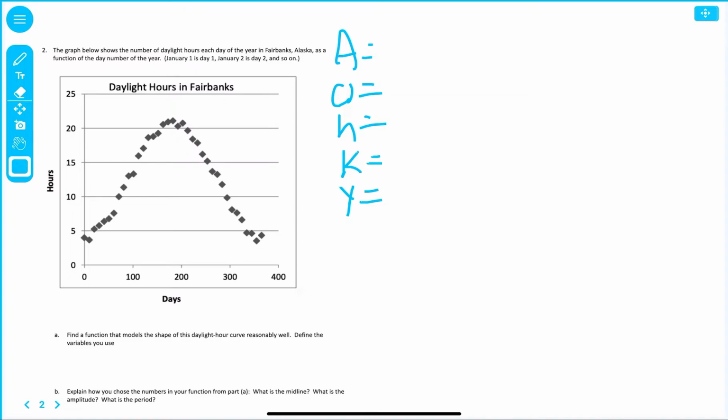Is that correct? Yeah. So the easiest thing to do probably, I mean, that's exactly how you find it, but I need to kind of see it as well. So what I would do, I would go ahead and graph my midpoint. So what's the midpoint going to be? Somewhere right in there, right? It's going to be close. So now the amplitude, just like she said, 21 minus 4 divided by 2 is equal to,